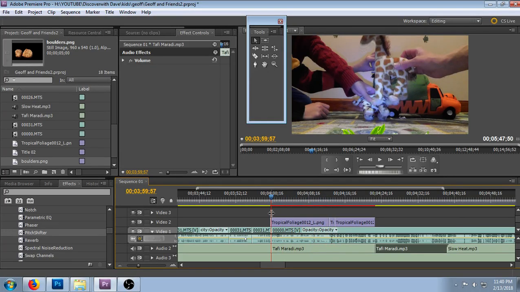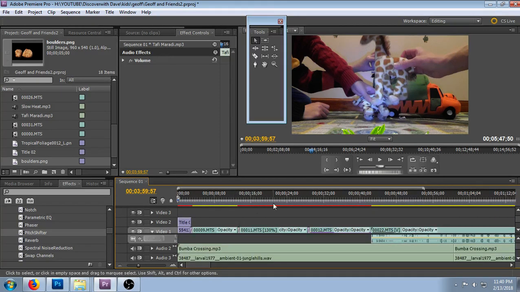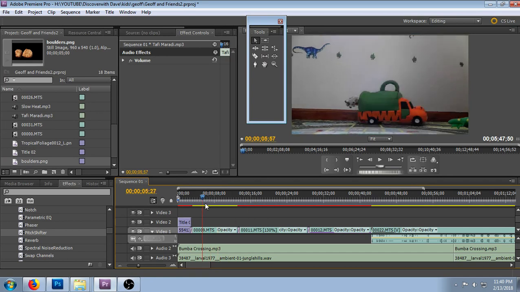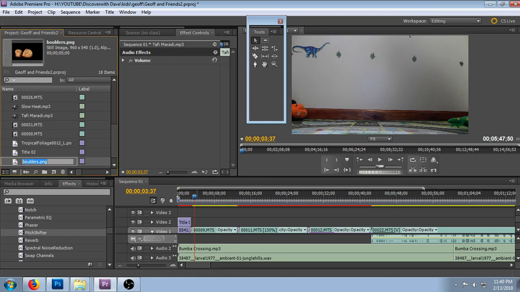But for the boulders, I wanted to try it, and I'll show you how it works. I'm having a little toy car go by, Safari. It's a Safari thing, and I want to put a boulder in there, so I'm going to grab the boulder, which I've already added here. Okay, I'm going to grab it, and I'm going to